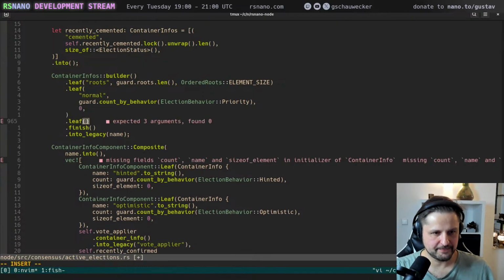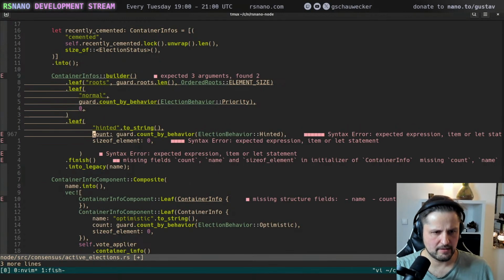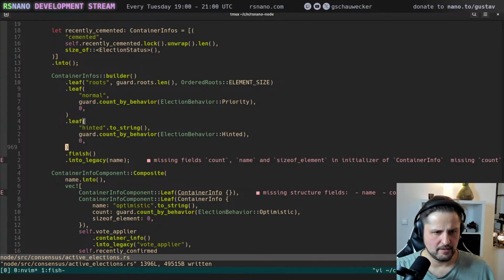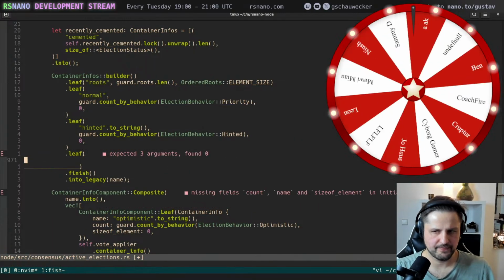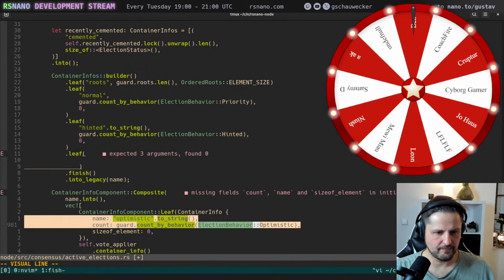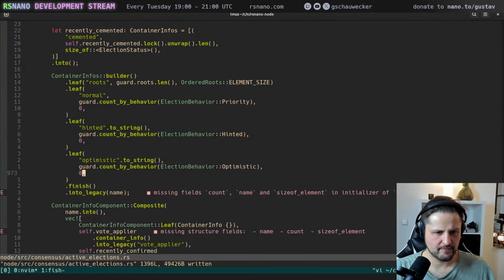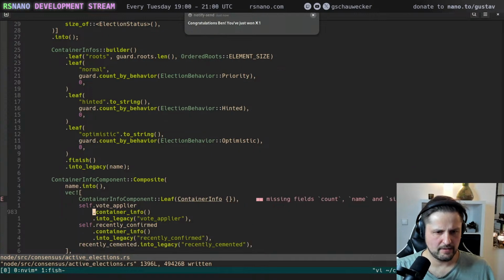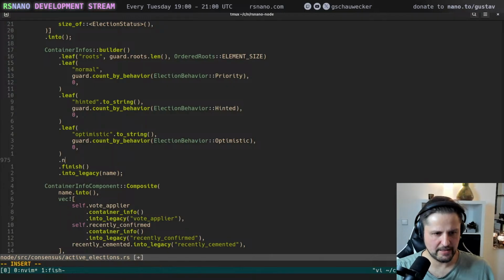So next one, leaf. Hinted. And the next one is optimistic. Optimistic, and then we just have to add these last three ones. And how to do that with node.